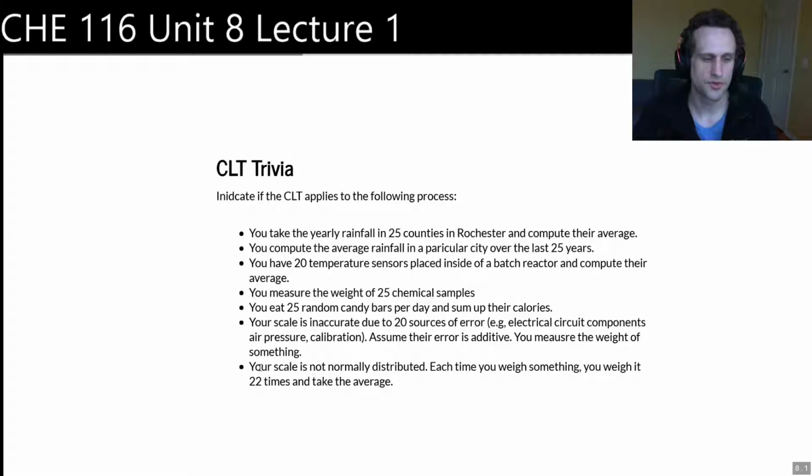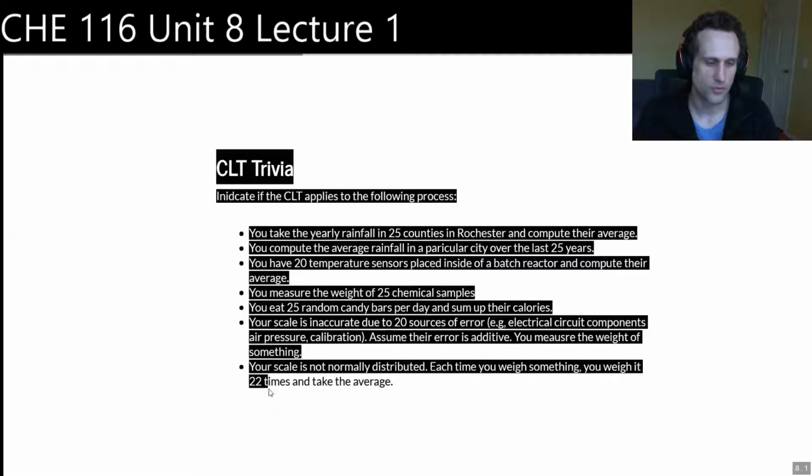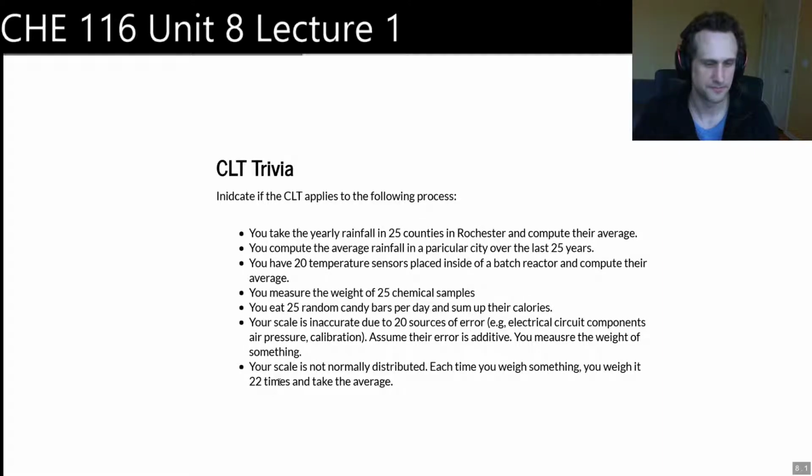Okay. Your scale is not normally distributed. Each time you weigh something, you weigh it 22 times and take the average. Okay? Now, this one is just a little bit weird. So we're saying that we have a random variable that we're looking at, and we say that it's not normally distributed. That's fine. And then each time we weigh something, we weigh it 22 times and we take the